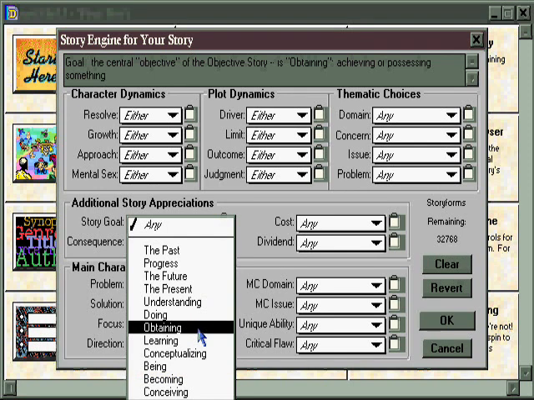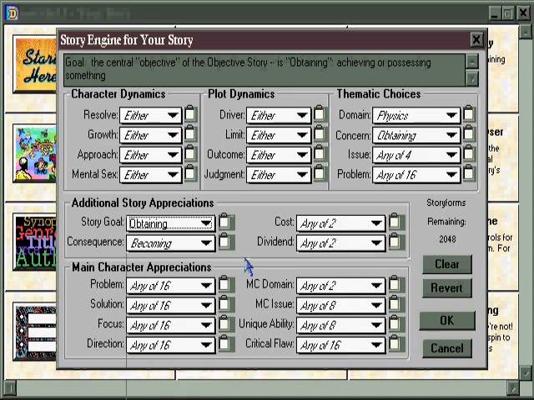For example, if you're doing a story about recovering a lost treasure, you might choose obtaining. When you do, Dramatica's story engine has now calculated what impact that will have in the rest of your story. It's moved from 32,768 story forms to begin with down to only 2,048 that will work with a goal of obtaining. You can continue to refine and revise your story form, honing in on just the story structure you want by